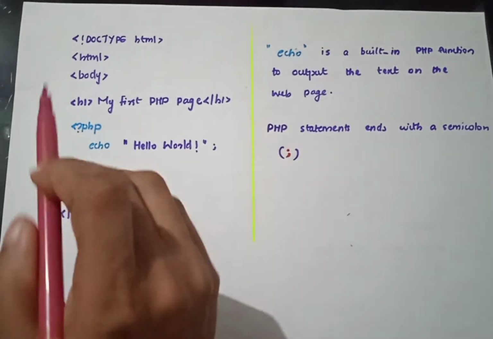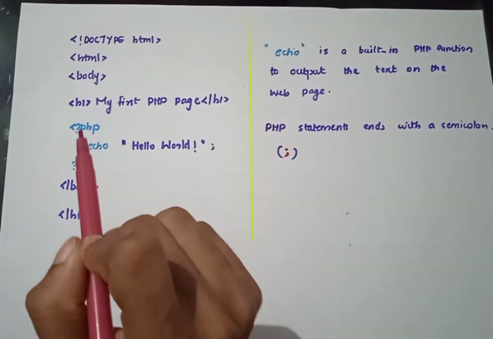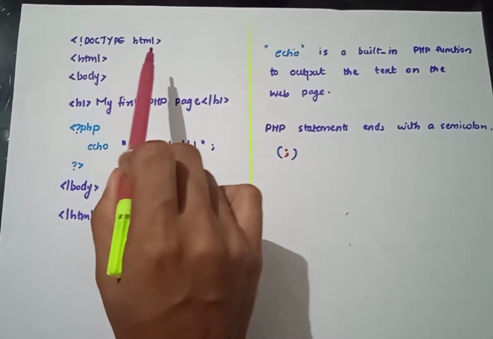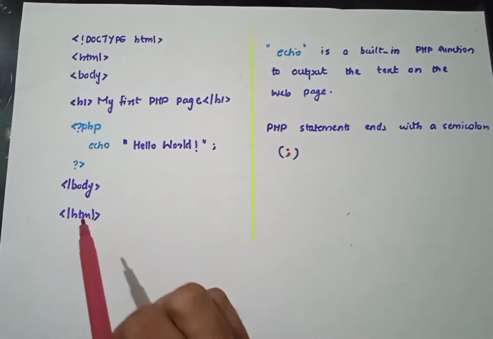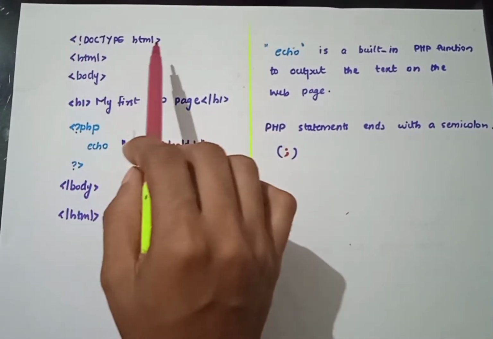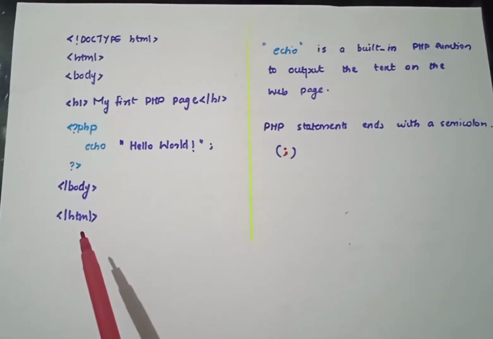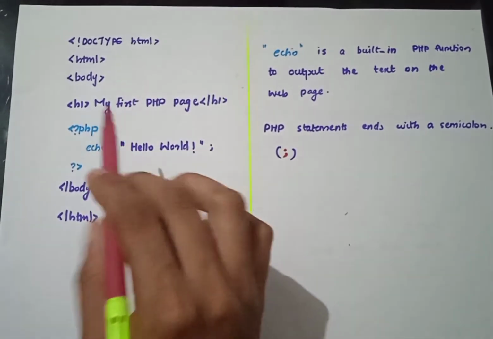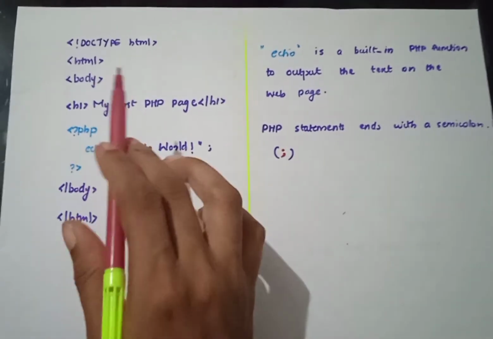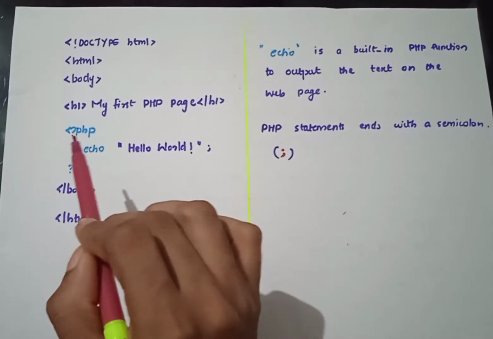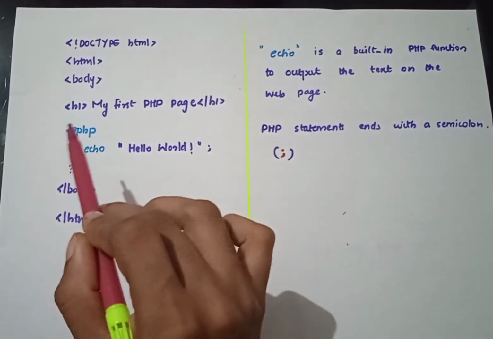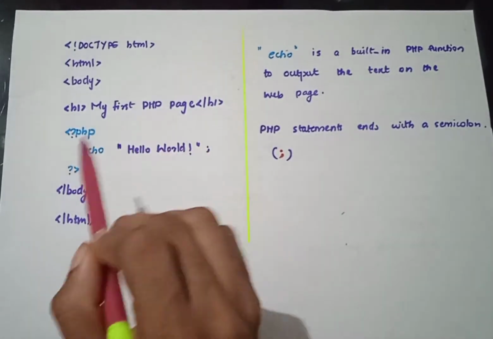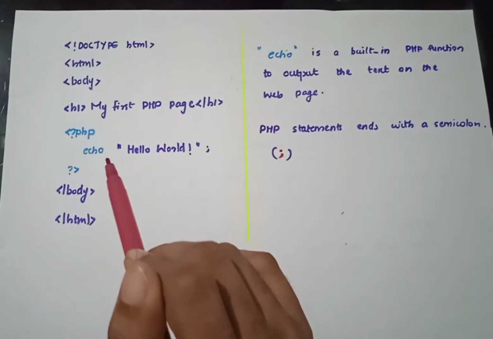So we can get into our example of how to write PHP code or how to insert the PHP code inside. So we defined our document type HTML. As you can see, now this is an HTML document, right? Because it started with the HTML tag and ends in the HTML tag. Like how we inserted our JavaScript into HTML, here we can also insert this PHP code along with the HTML code. We need to write these tags like this angular bracket, PHP, and closing like this. Anything you write inside this will execute considering it as PHP code.